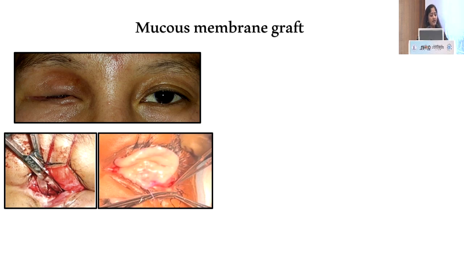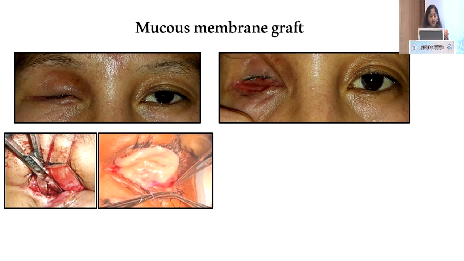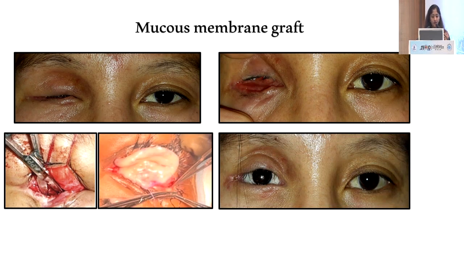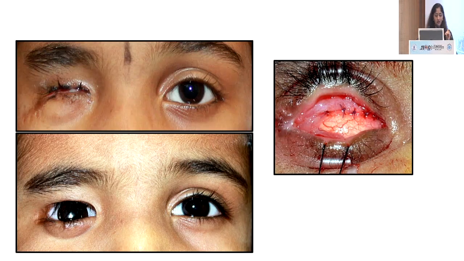So here, as you see, this is a case of a grade 3 contracted socket. We have superior as well as inferior fornix contracture. You also have a volume deficit here. So what we've done is we've taken a central incision right at the center and placed a nice big MMG for this patient. You can see here the inferior fornix contracture as well as the superior fornix contracture, and this is the patient post-operatively. You can see there's still a little volume loss. You can see superior sulcus deformity, but the patient is doing much better and is able to retain the shell.